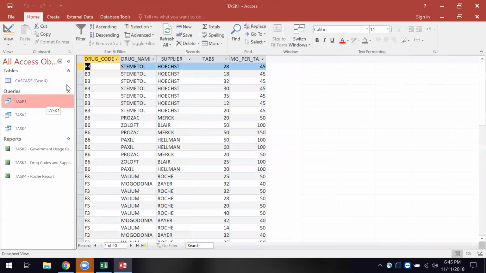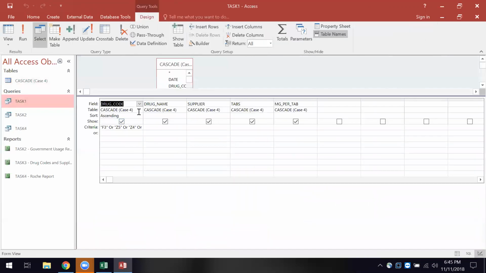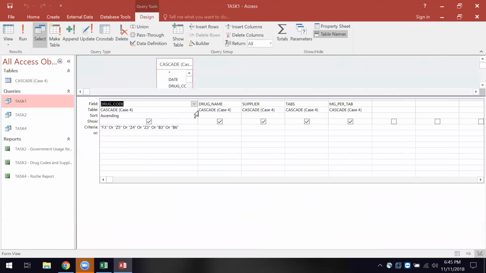Okay, well, this is task 1, and let's go down into the graphic user interface view, the design view. Now I want you to notice they've got the drug, and that's from the Cascade 4 case, and they have everything in ascending order, and they are showing these drug codes,